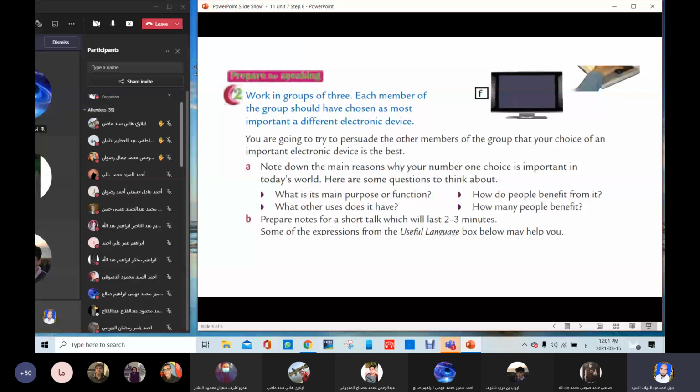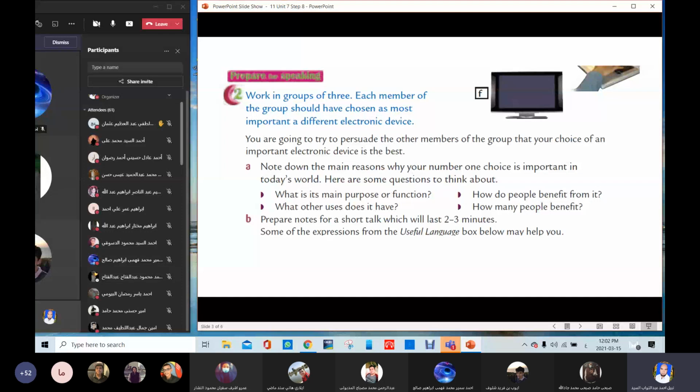Okay. Now you are going to write some notes. Note down the main reasons why your number one choice is important in today's world. Most of you choose the mobile phone as the most important electronic device. Here are some questions to think about. Think about what its main purpose or function is. What's the main purpose of the mobile phone? It's mainly used for making phone calls, sending SMS messages, recording videos or taking pictures